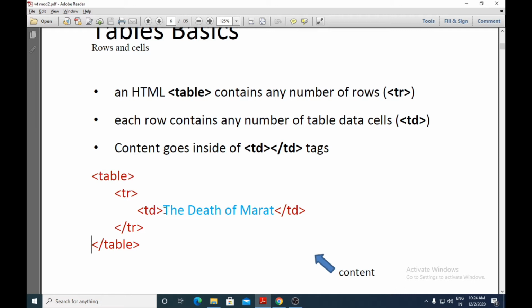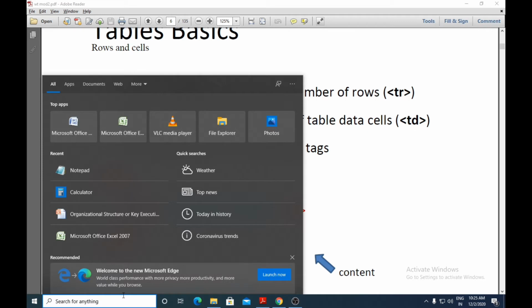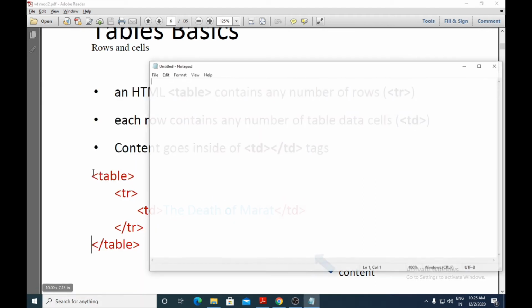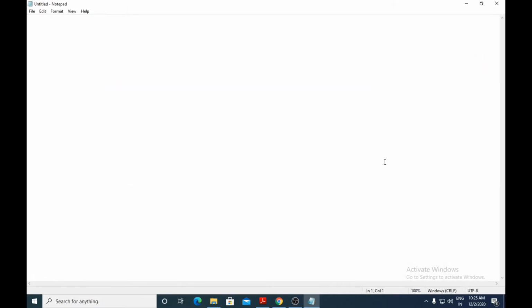Okay, so we'll try to create a table using some rows and some content in it. We'll write the HTML code for that. To write the HTML code, go for Notepad. I'll maximize it. We'll start with the basics: exclamation mark, doctype, html, close this tag.